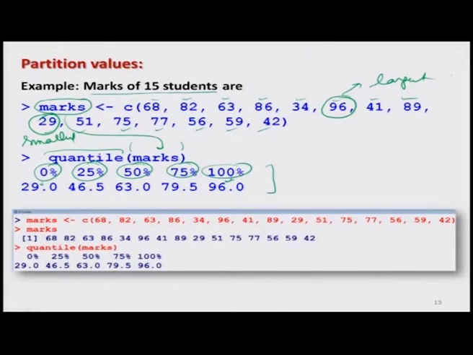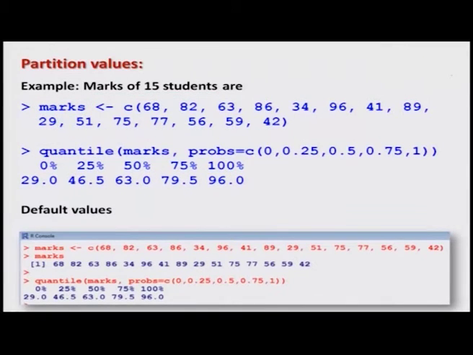Now, in case you really want to see what happens with the function probs, then what we do is the following. I take the same data set and use the same function quantile over the marks, but I define my option probs as a combined vector of 0, 0.25, 0.5, 0.75 and 1.